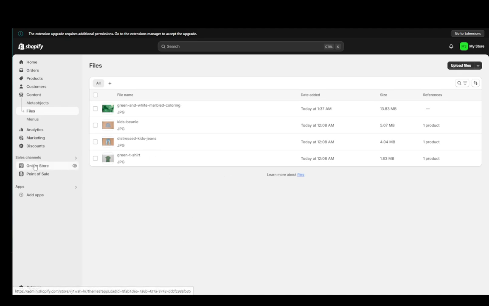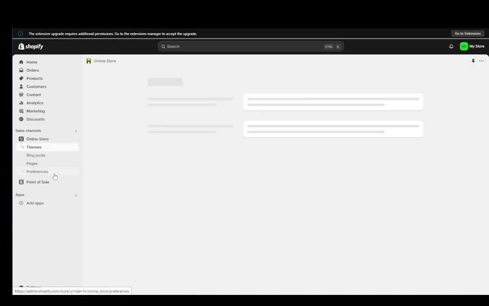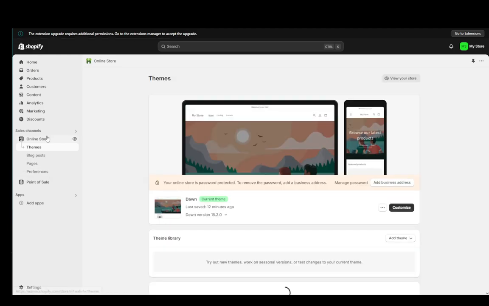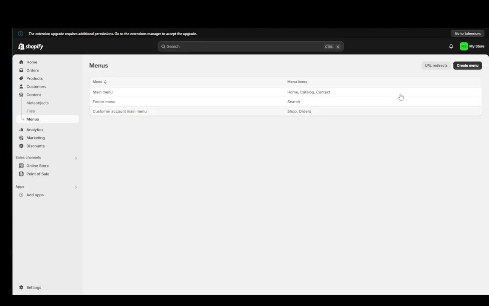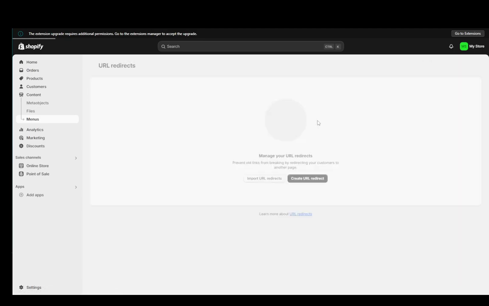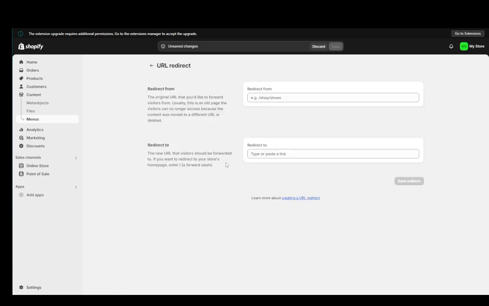Now what you're going to want to do, go into online store, and then you're going to need to go into navigation. Now I don't have navigation for some reason, but what you're going to want to do is go into redirects. Now I'll go into menu and I'll go into URL redirects from here. I'm pretty sure this is a good way to do this as well, so I'll just create a URL redirect,